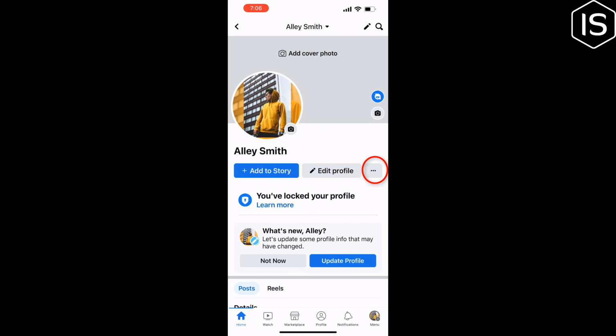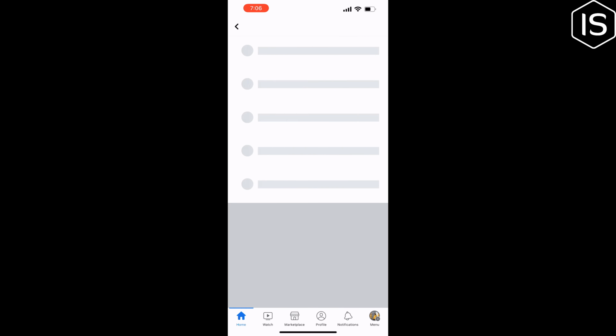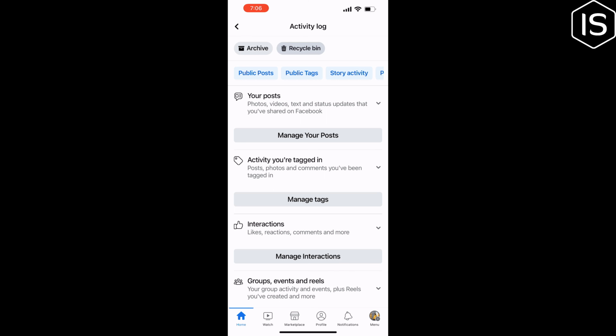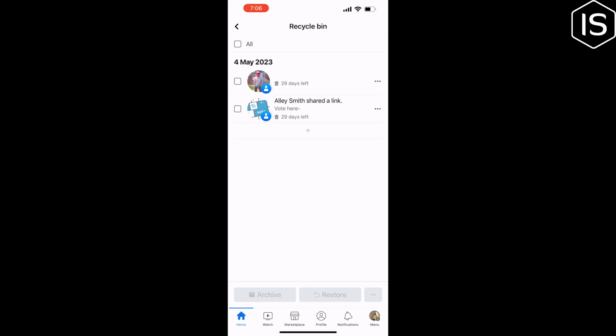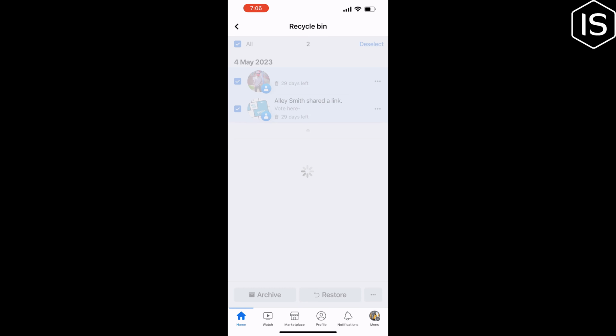So tap on this three dot, tap on Activity log, tap on Recycle bin, and here select the photo, post or video you want to recover. Tap on Restore, tap on Restore, and remember one thing: